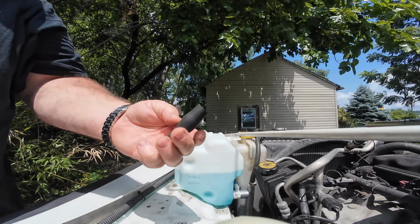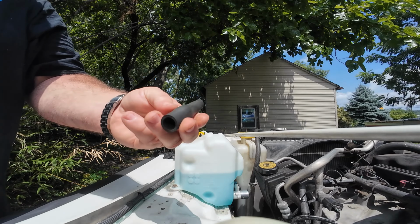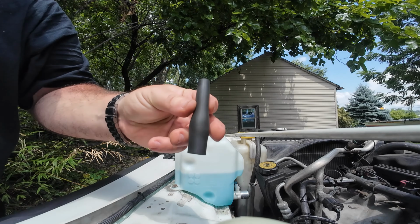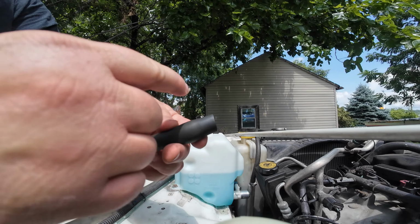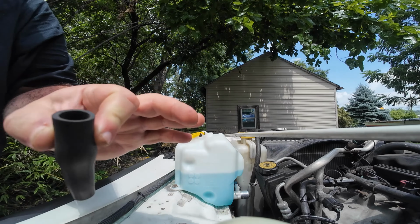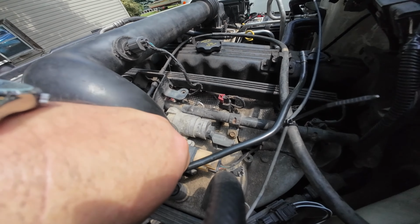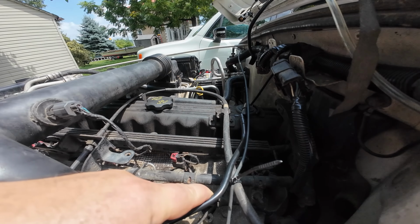So we got our flimsy fitting here, garbage. The heat just destroyed it. So to keep this from collapsing, I had this problem once before. I cut a piece of a plastic funnel, and since this side's bigger and that side's smaller, it basically wedged in there. I cut the end of a funnel off and stuck it in there. And I don't know what happened, but it's not in there anymore. There's no possible way that it sucked down through this tube and into the intake. There's no possible way. So when I pulled it off another time, it must have fell out, or the heat